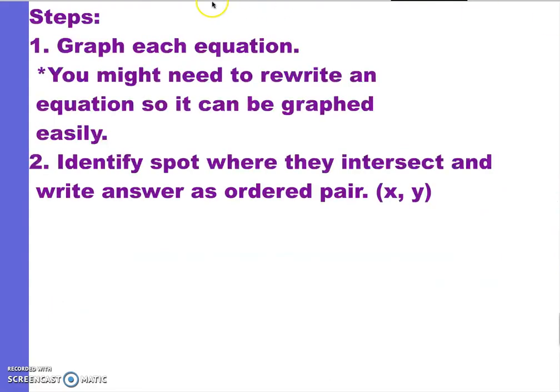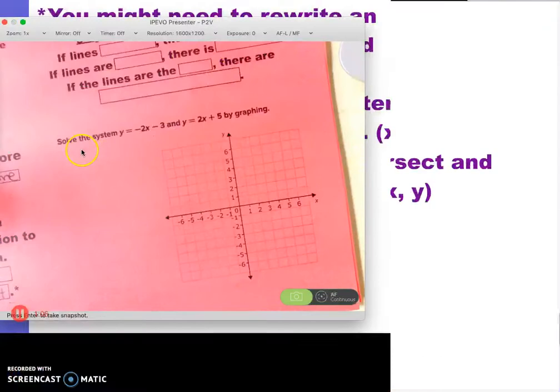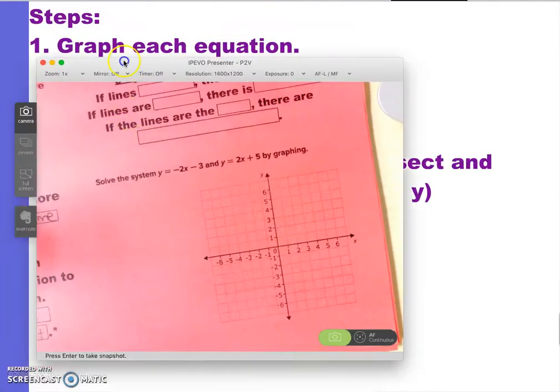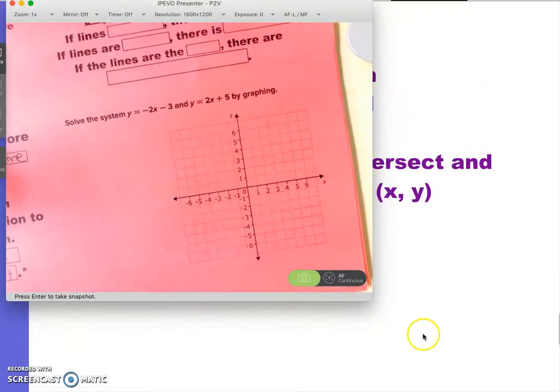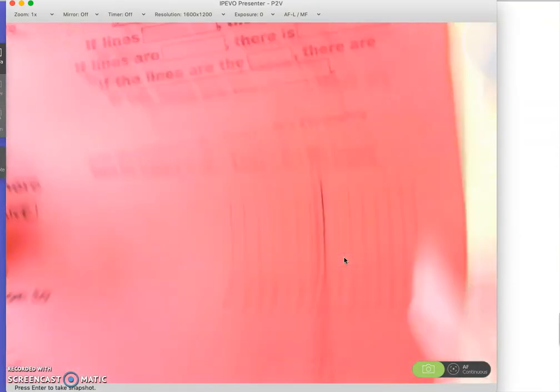Alright, step one, graph each equation. You might need to rewrite an equation so it can easily be graphed. Identify the spot where they intersect and write the answer as an ordered pair. So we are going to do some examples from your notes. So solving the system